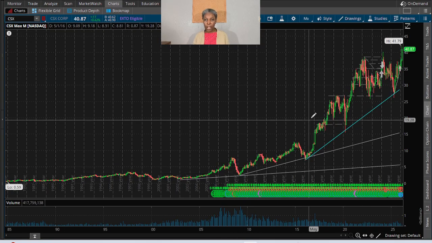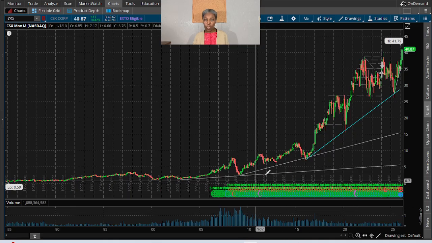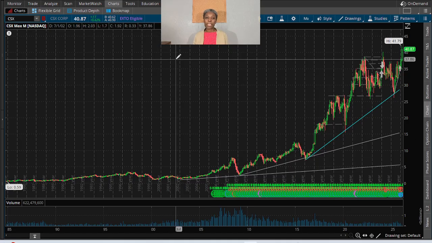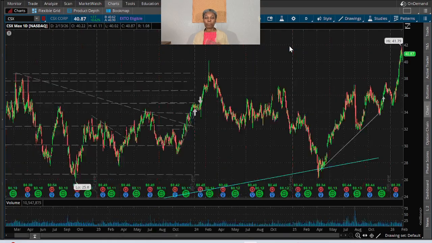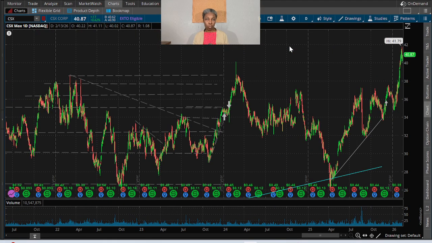So if I'm seeing growth at the top of the mountain, and if I'm seeing growth at the bottom of the mountain, it tells me that the stock is growing. There is growth on both sides of the chart. So the maximum chart can give me a bigger, overall idea of that stock's chart, and this is the maximum monthly chart. And then I can put that on my watch list,